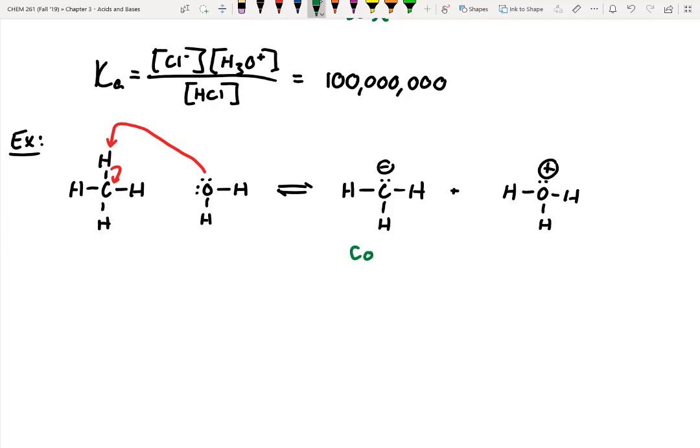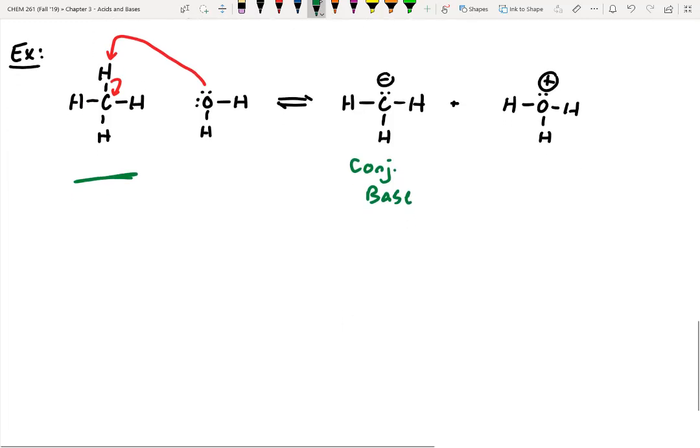This would now be our conjugate base. Is that very stable with a negative charge? Why or why not? Let's think about negative charges. Where do they prefer to be? On electronegative atoms or non-electronegative atoms? Electronegative atoms. Is carbon electronegative? No. So this is relatively unstable, which tells us right off the bat, this must not be a very good acid, just qualitatively. However, we can measure it quantitatively, and we can say, all right, the concentration